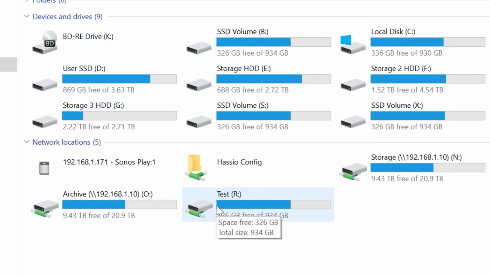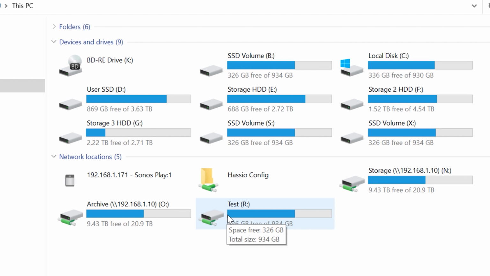And the only downside is this does show up as a network drive, which for 99% of the time should not make a difference. And also one other potential downside is I'm not sure if some programs might not play well with network drives, even though it's not technically a network drive. Some programs might not like it. Just be aware of that, but I've never had a problem with these other drives that are actual network drives.